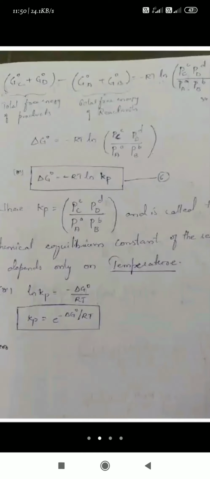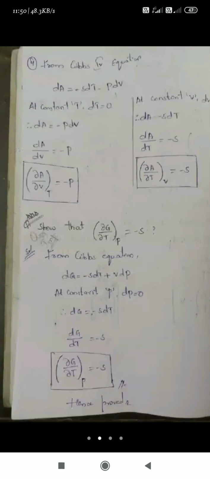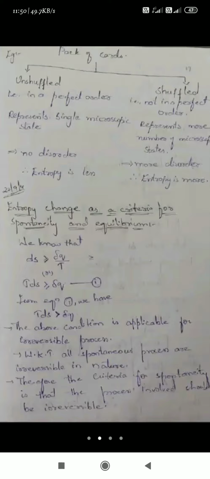So write all the notes thoroughly in your notebook and go through each step by step. Each concept, go through it, try to understand, and practice it. It's very, very simple and easy. If you practice, it will be very simple. If not, it will be difficult.